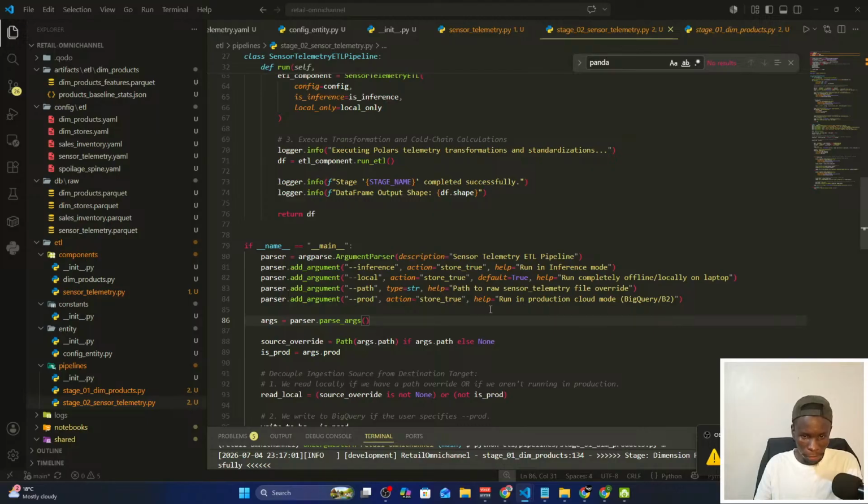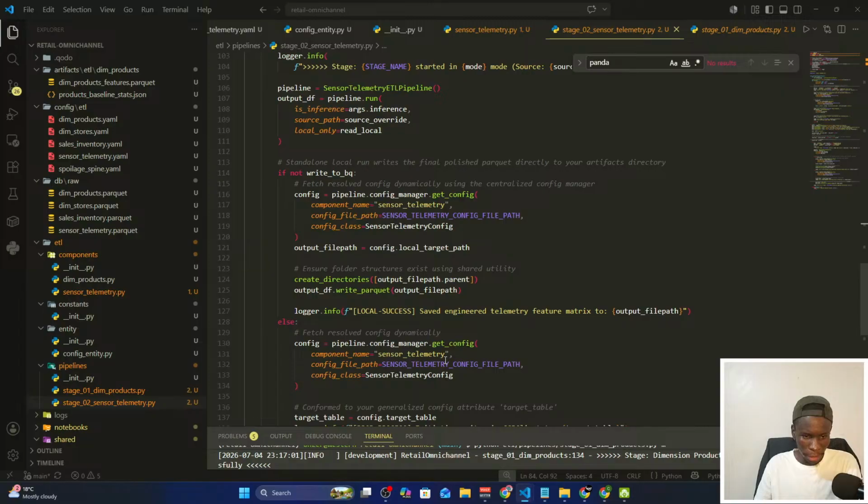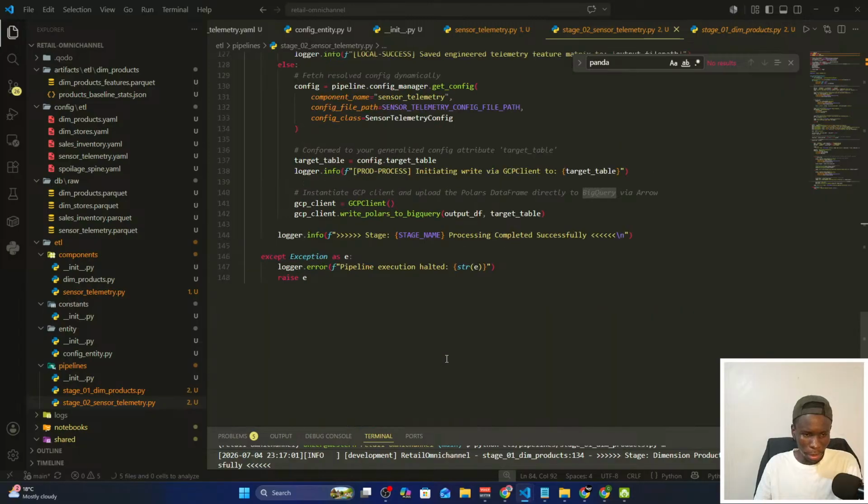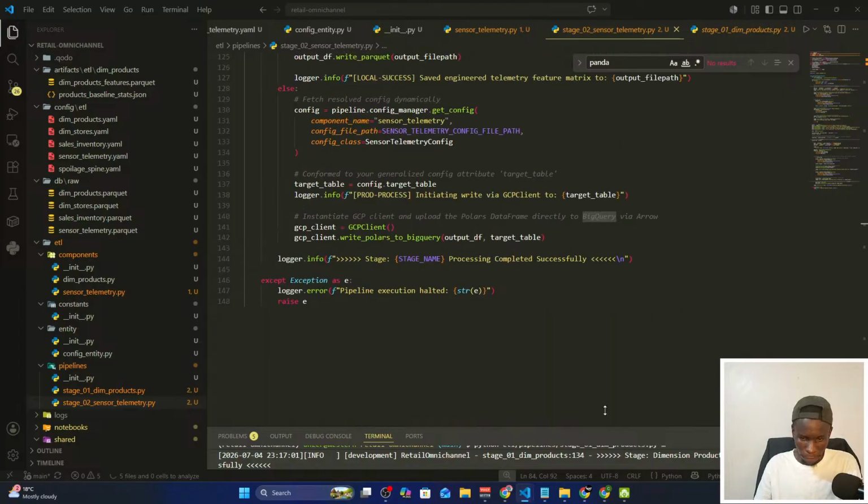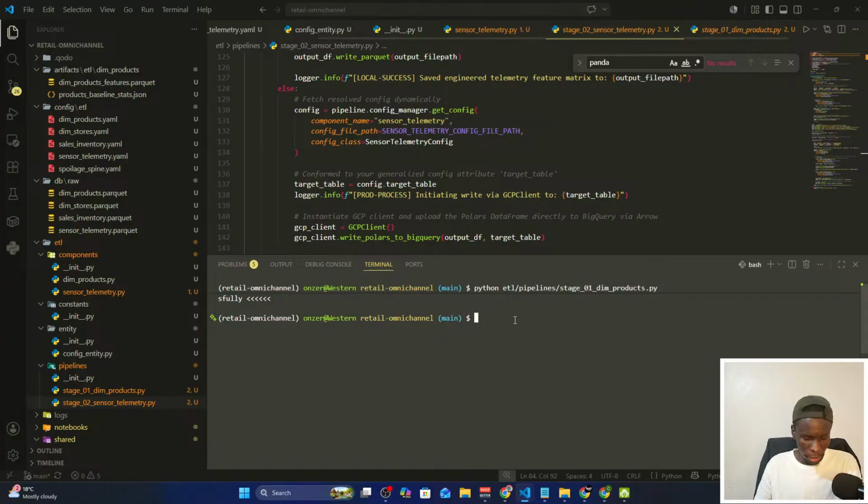Then for the run in production cloud, this one, prod, is for production. Essentially, if you're working with BigQuery. Okay, so I don't think there's anything needed. So I just run this